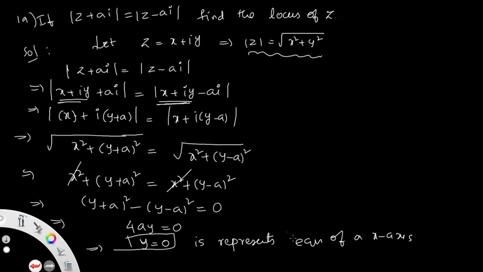This carries a 2 mark question. For find the locus of z, you have to write compulsorily the equation, which represents the equation of a line. So that is the locus of z. Next, go to the next question, question number 20.